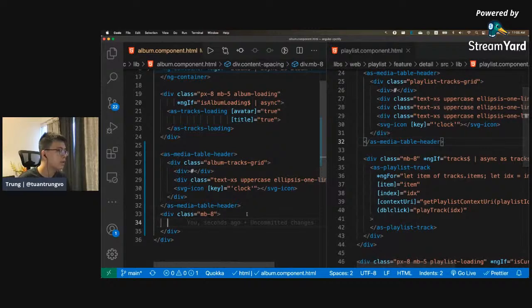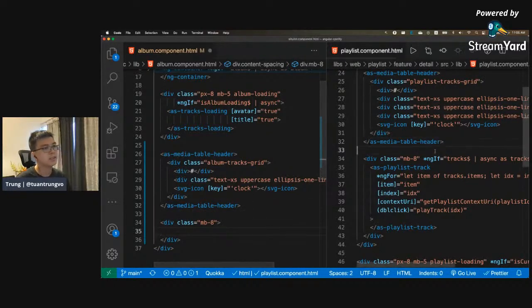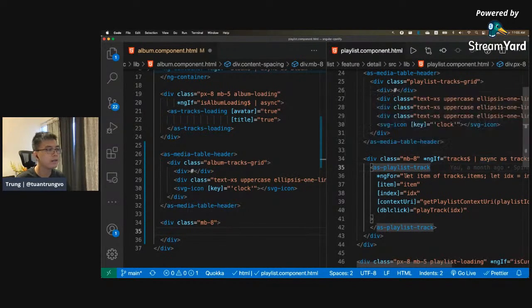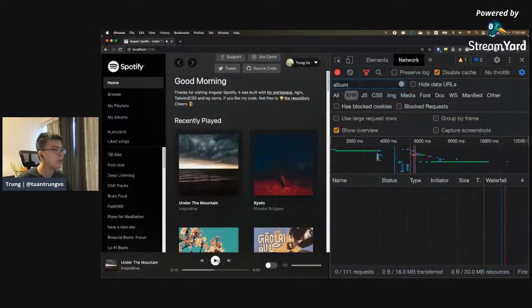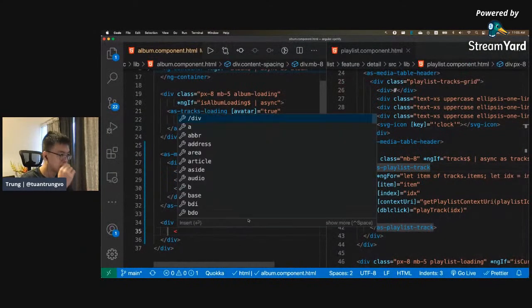Okay, and then I just render it, because the track for the playlist, like I mentioned, was taken from another API call. That's why I do need the async here. But in the album, I don't really need it, so I'll just do